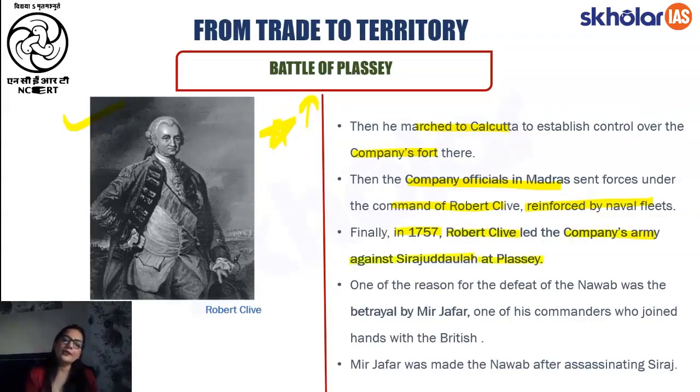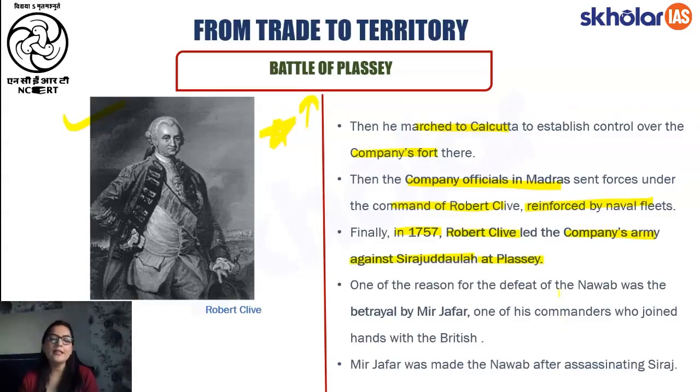So we have understood the situations that were prevailing before the Battle of Plassey. A lot of conflicts, rivalry, planning, and plotting were going on, and this culminated into the Battle of Plassey, wherein on the English side there was Robert Clive, and on the Bengal Nawab side there was Sirajud-Dowla, and the battle happened in the year 1757. Now students, in this particular battle, Sirajud-Dowla lost to the English, and one of the major